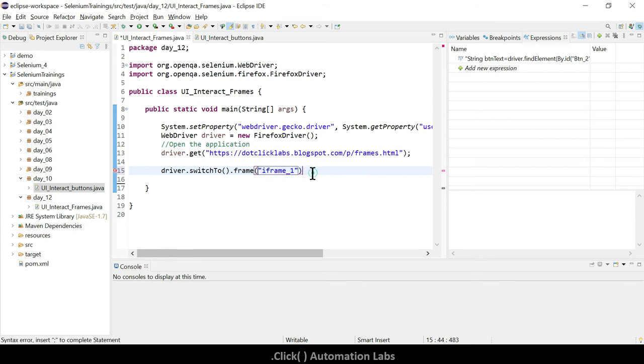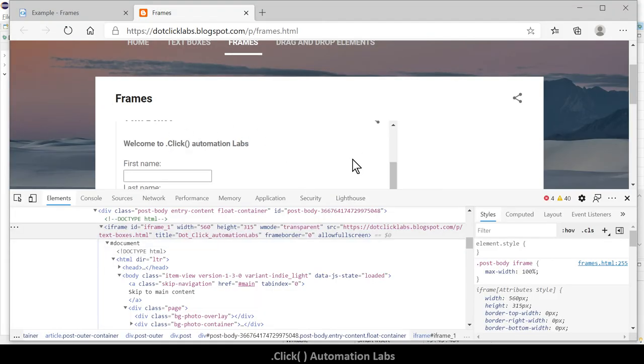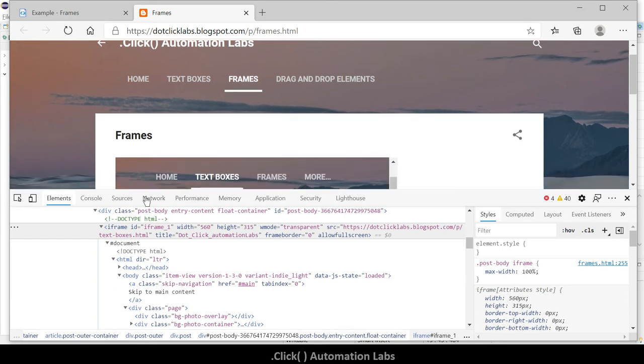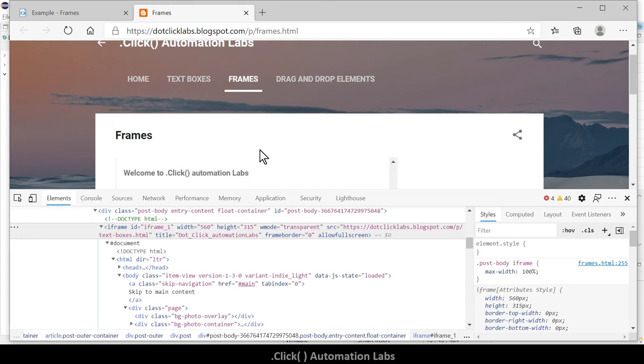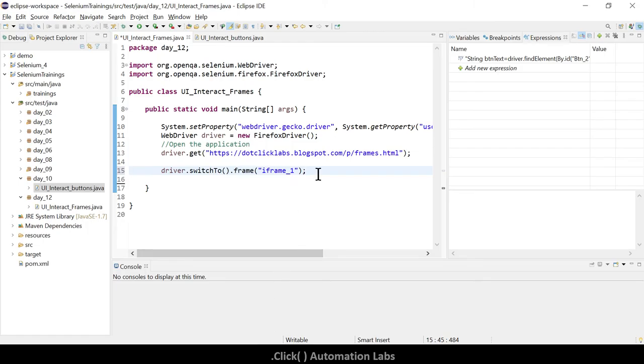Now the WebDriver focus switches to only this part, meaning now WebDriver can only interact with these elements. If I try to interact with any other elements here, again you will get a no such element exception. Okay, because our focus is only on this particular area.